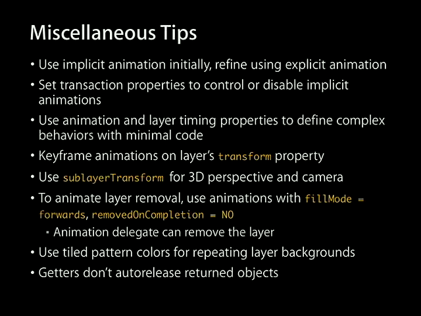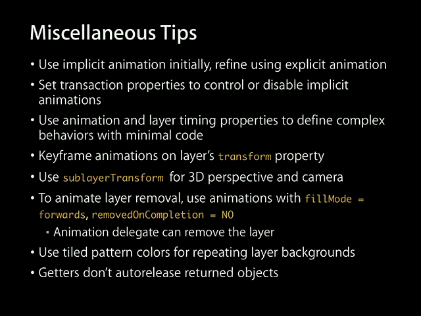A lot of the camera animations you see in the 3D demos we show really are just interpolating matrices with nothing else actually going on. That leads into the next point: when we do these 3D demos, we really just use the sublayer transform property, which is another 4x4 matrix, but applies to the sublayers of the layer. And then we use that to apply the 3D perspective and camera transforms. It's like the projection matrix and the model view matrix are combined into one, if you're familiar with